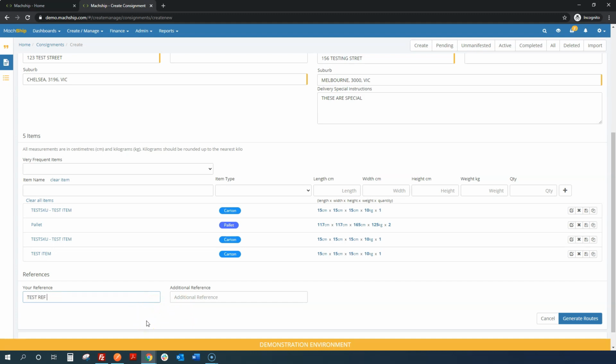Macship has the facility to allow you to make these reference fields as required. If you need instructions on how to do this, please look up how to create a custom field in the Macship knowledge base. Once all the consignment data has been added, you can then check your carrier options by selecting